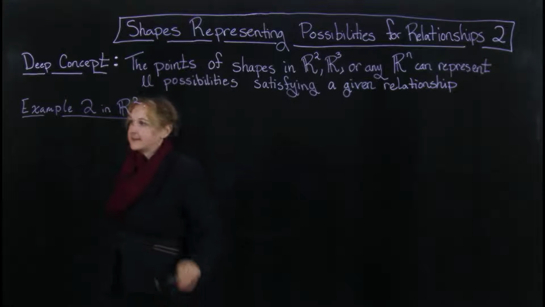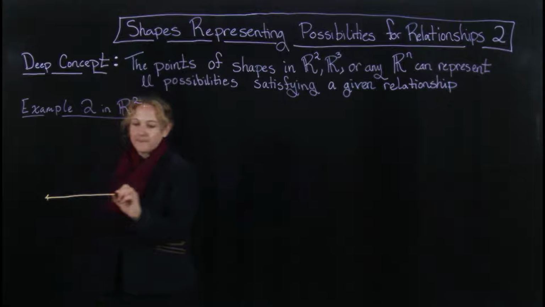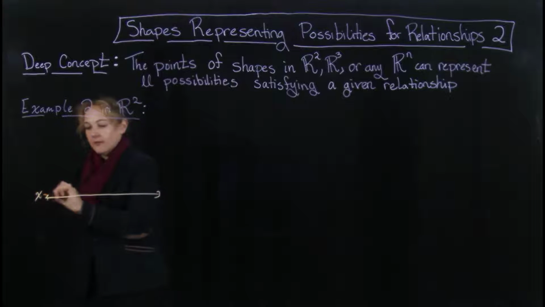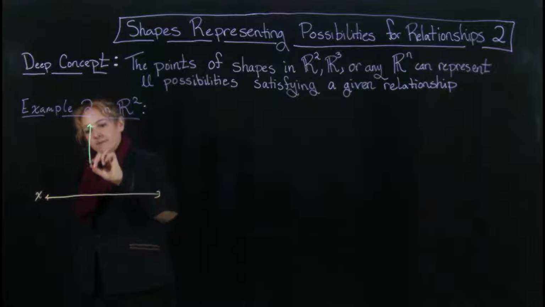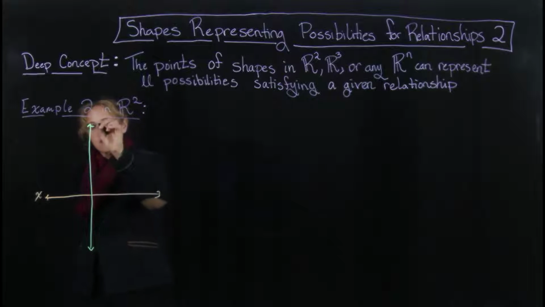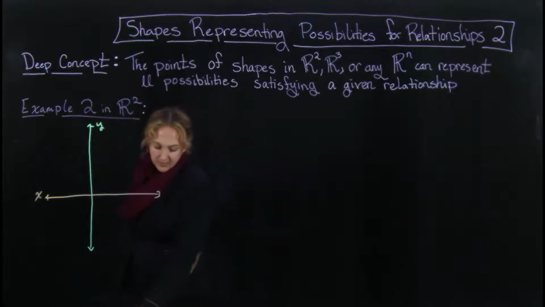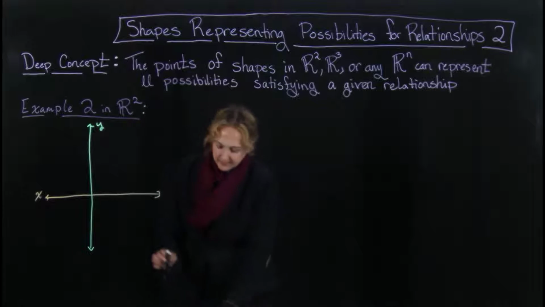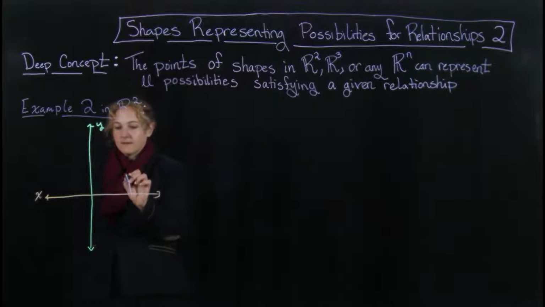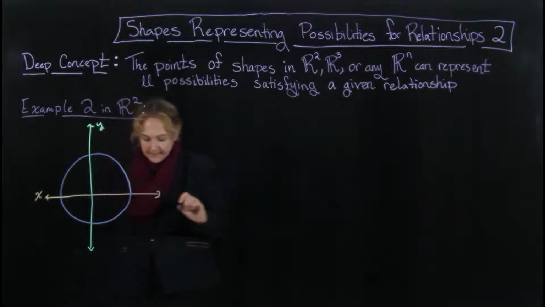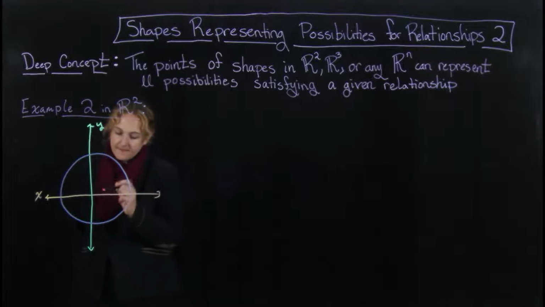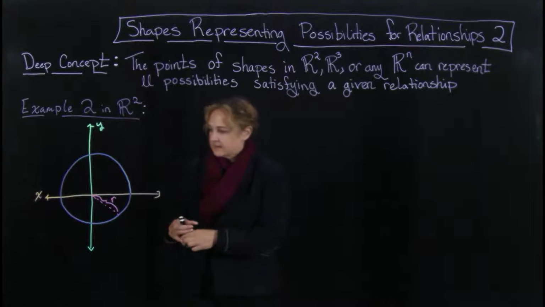And we have our two axes. So I have my x-axis and my y-axis. And then what I'm going to look at is a circle of a particular radius. So I have some kind of radius here. All points on the circle are distance r from the origin. And so this is going to look like